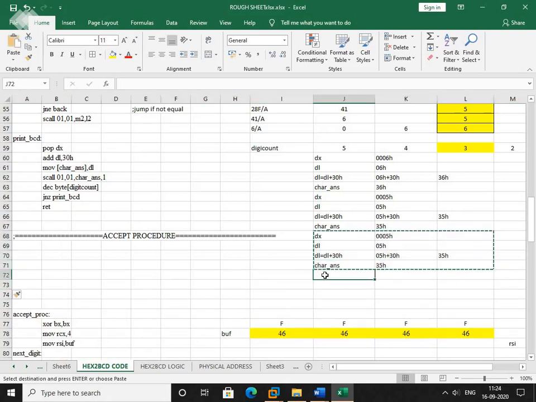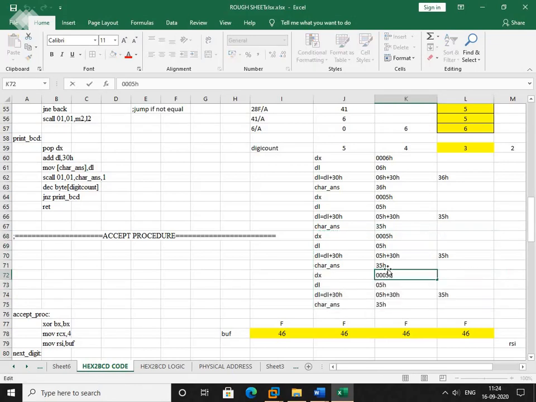It is 3, right? So in dl we will take only 2 digits, therefore 03h. So add dl with 30h, so 03h added with 30, I got 33, which is the ASCII hex value of 3. Then next, put this converted value into char answer. So immediately the 3 will get displayed.